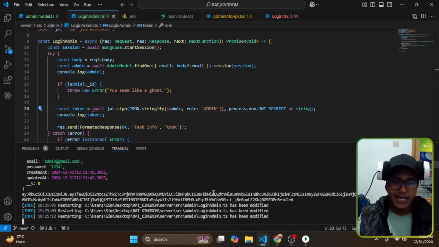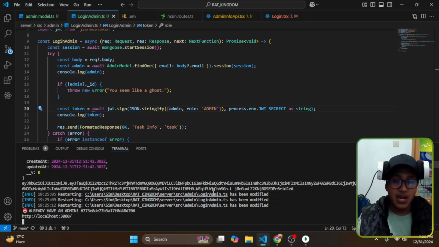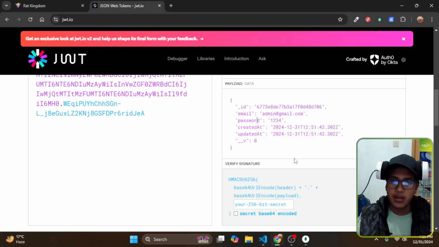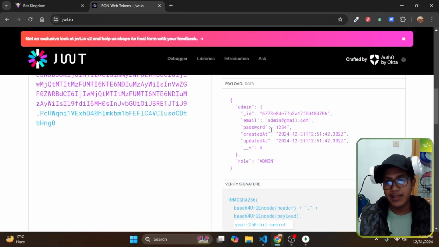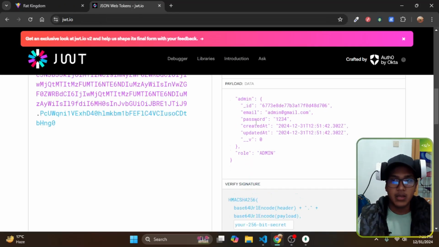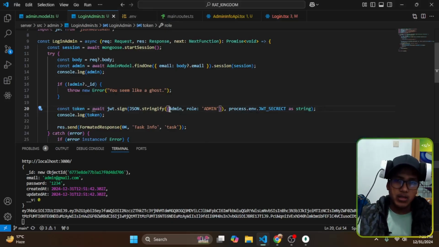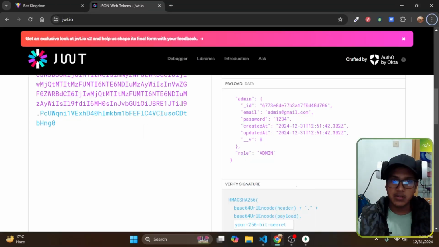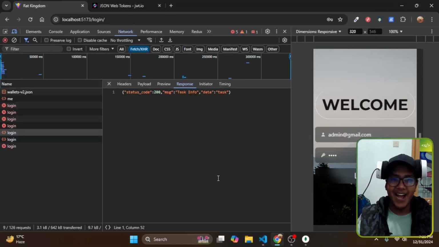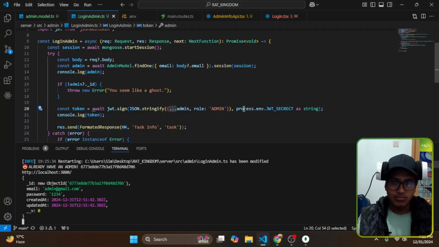Okay, now here I get another field, and that is the role admin. Well, I just click on login, and you can see I am getting a newly generated token, and this time there is a role. I'm not working this game or something. I just go with the spread operator, you know, that three-dots thing, how we can use that on JSON. If you don't know, then go and learn what that is. Well, they have something like, oh,